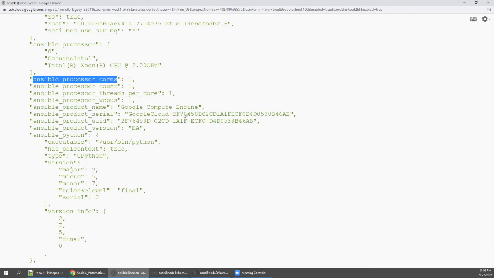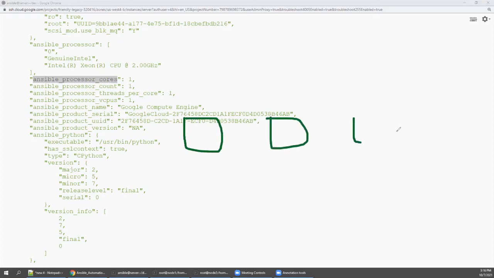Say for example, if you are going to one project and you have 20 Solaris servers, 20 Red Hat servers, 20 Ubuntu servers, choose one server from each OS, run this command and save this output for Ubuntu, save this output for Red Hat, save this output for CentOS, whatever OS you have. This will give you a good idea whenever you want to manage. Then while creating conditions, you can take this and create a detailed playbook, right?